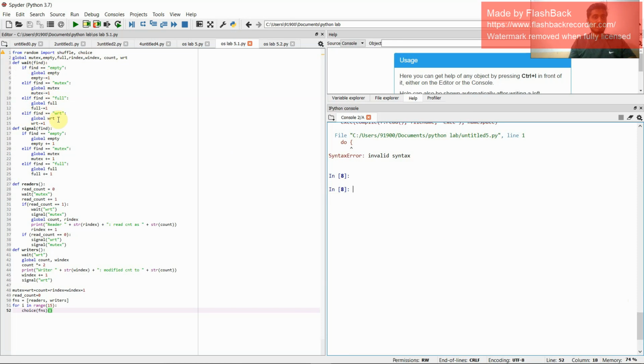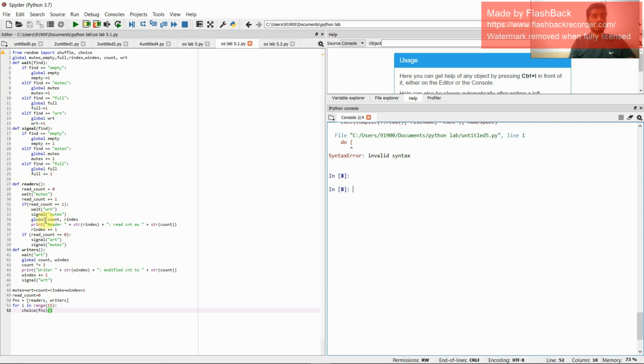If find equal to WRT, WRT will be decremented. And we are defining the signal of find: if find equal to empty, global of empty will be incremented. If find equal to mutex, global of mutex will be incremented. If find equal to full, global full will be incremented. And defining the readers, reader count is equal to 0, wait of the mutex and read count is equal to 1, and if read count equal to